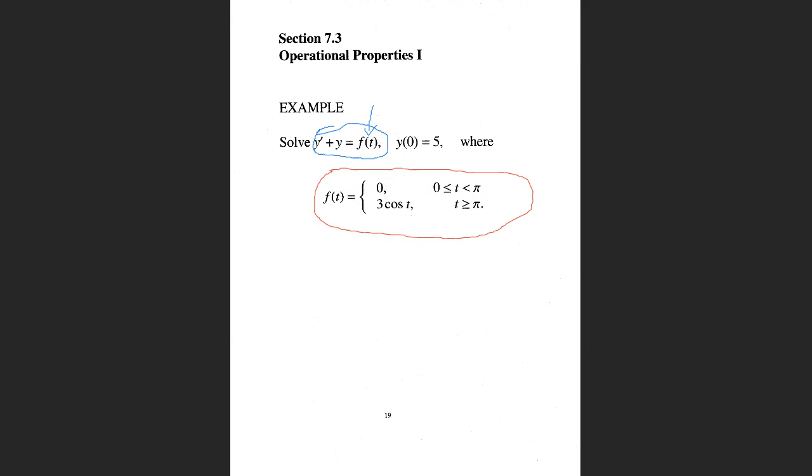So what we have to do is write this piecewise function f of t in terms of the unit step function, and we did that. So in the solution, that piecewise function f of t was equal to 3 times the cosine of t times the unit step function at t minus pi. Okay, so we did that, and then we took the Laplace transforms of both sides of the differential equation, and now